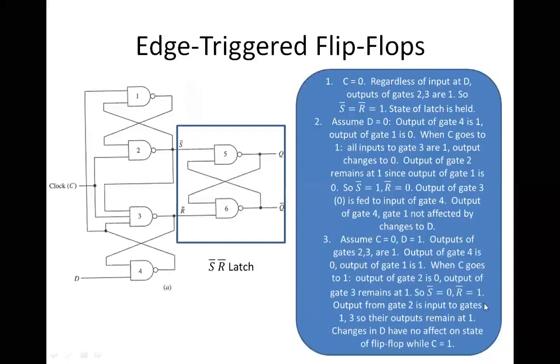So this is how you analyze and check, bit by bit. You can put the values, check where it is connected, how the values are going, and ultimately check the values of S bar and R bar. Based on the truth table that I showed previously, you can decide what the outputs of Q and Q bar are going to be.